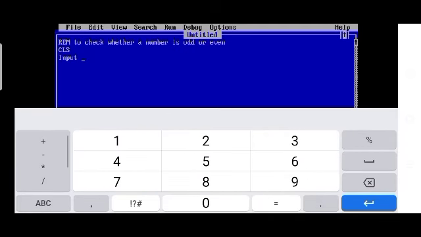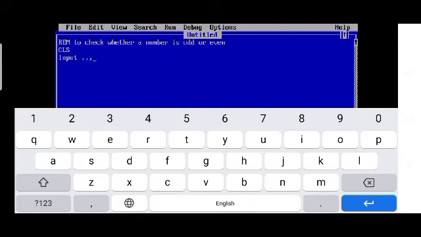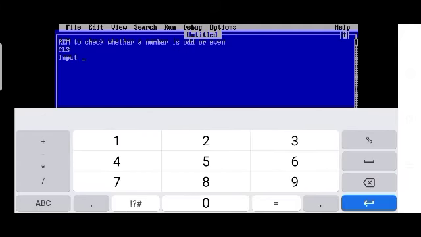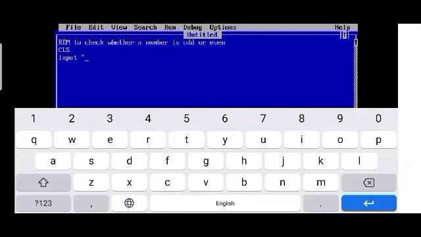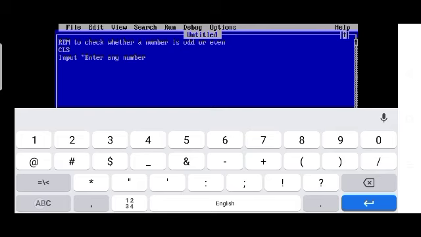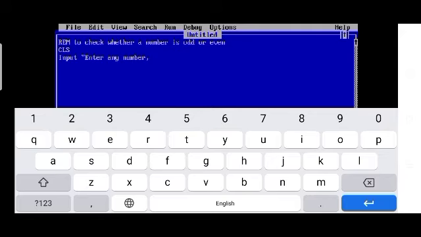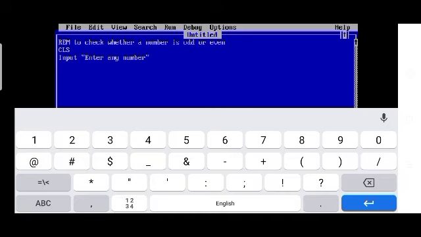So that's the facility. We will write input, then give double inverted commas, then enter any number, close the quotes.